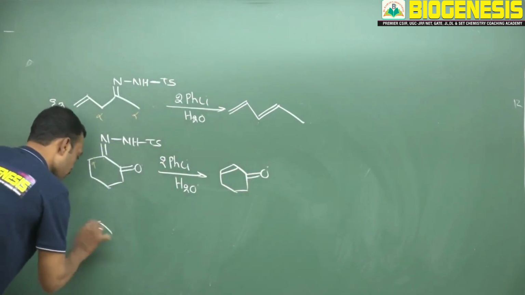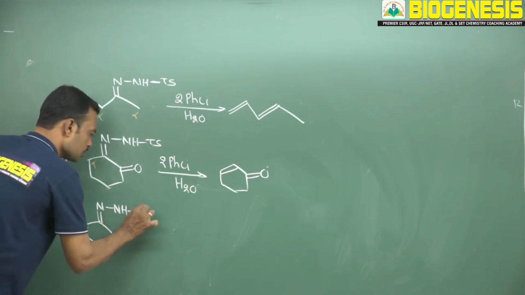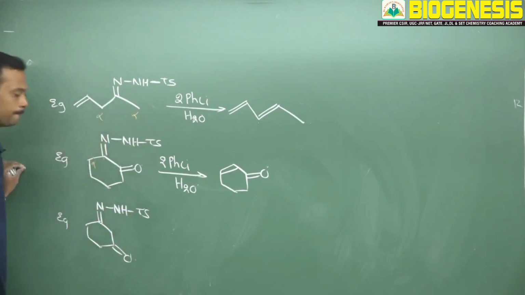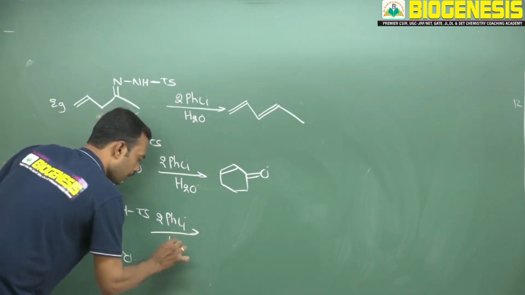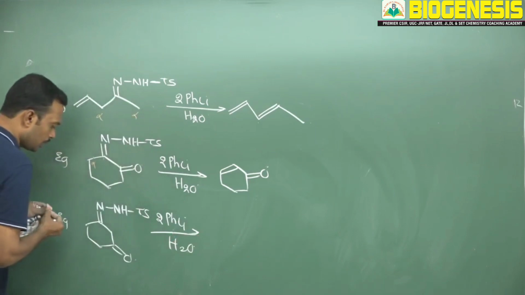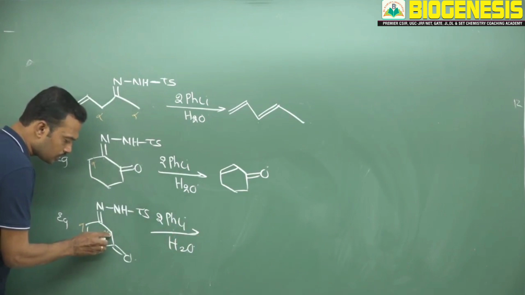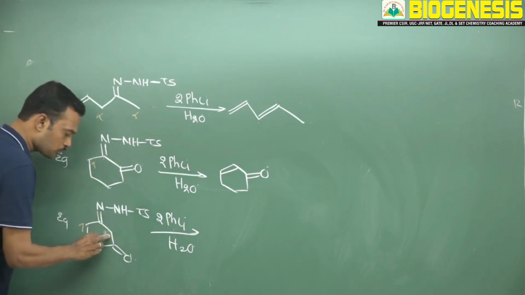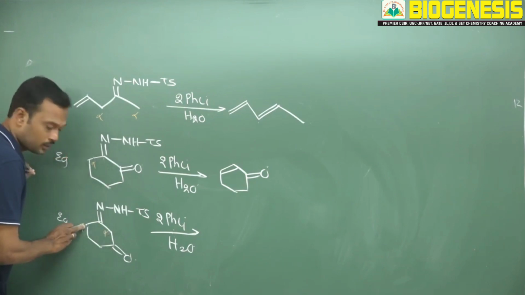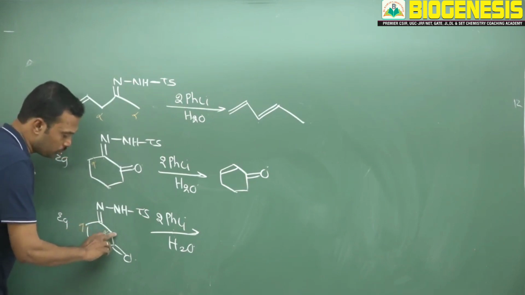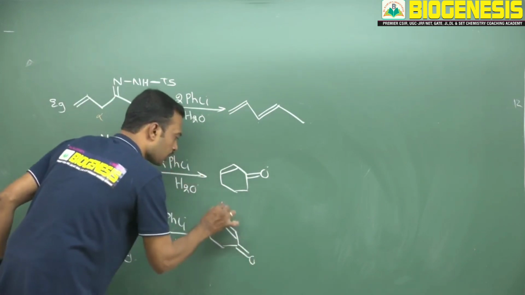Okay, and suppose this is a 1,3-dione, if I use, this is NHTs, this is carbonyl. Now the question is 2 equivalents of phenyl lithium then followed by adding aqueous workup. So here alpha hydrogen is there, here also alpha hydrogen is there. Now we need to remove hydrogen in such a way that the alpha hydrogen which is responsible to create a double bond will be under conjugation. So if you remove here, it is completely away from conjugation, so try to remove here. After removing this, now double bond and double bond will put one hydrogen.